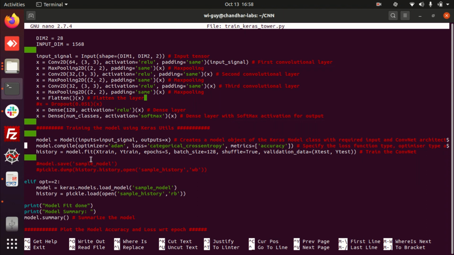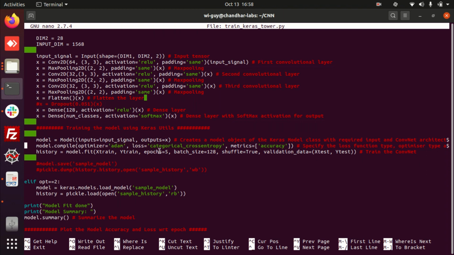So again, here in model fitting, if you see, epochs is the number of times you are going to run your simulation. So 5 epochs. In each epoch the entire samples will travel forward and backward, okay. If any weights have to be updated, the training weights will be updated, everything will happen.